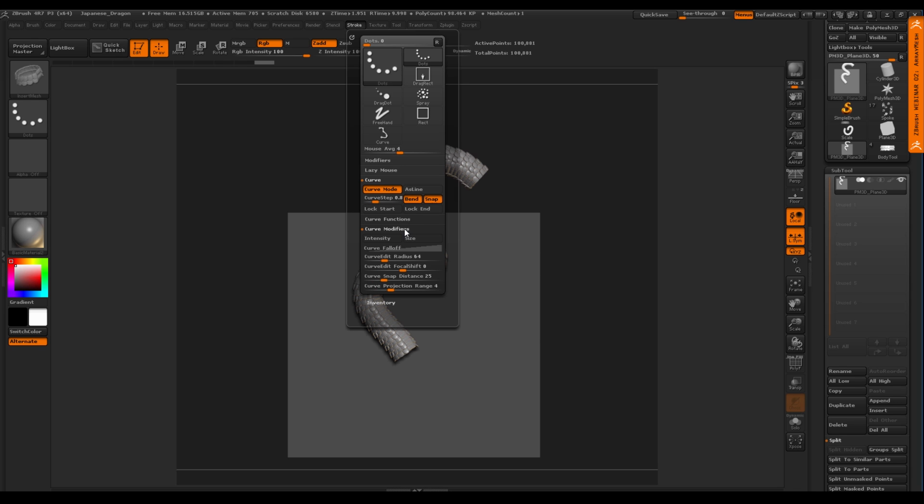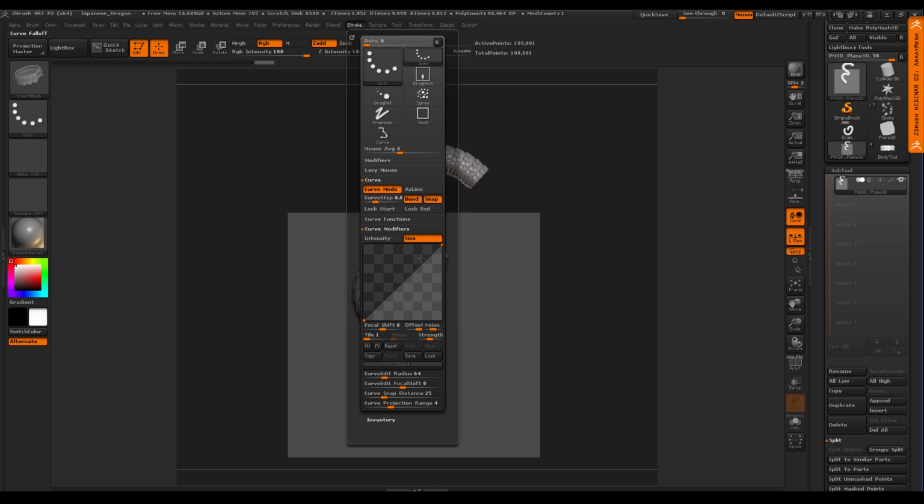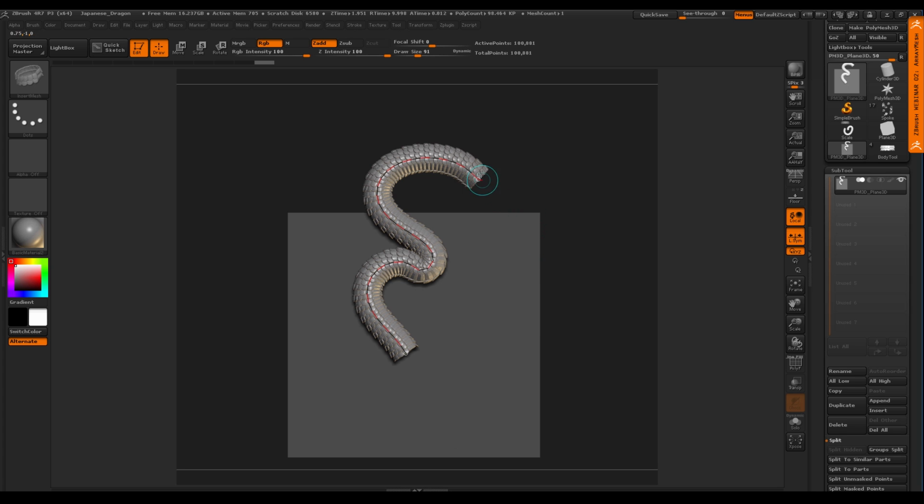Again, I'm holding the shift key so I can open up this while this is still open. And I'm clicking on the size option. And what that option is doing is using this graph right below it to say what is the taper. So now when I click on this, you can see the taper's in the wrong direction. Okay, this is the head of the dragon. This is the tail of the dragon, right?